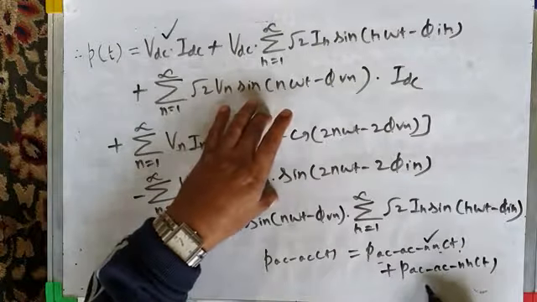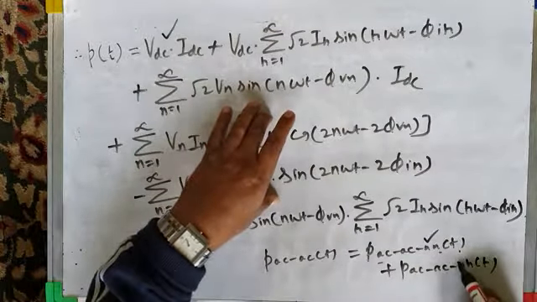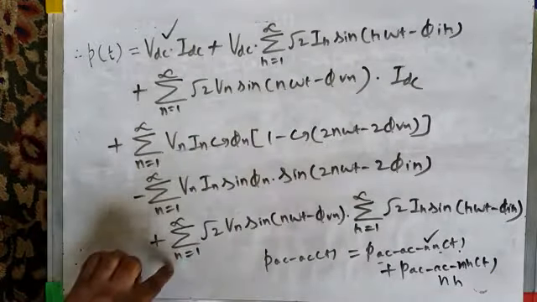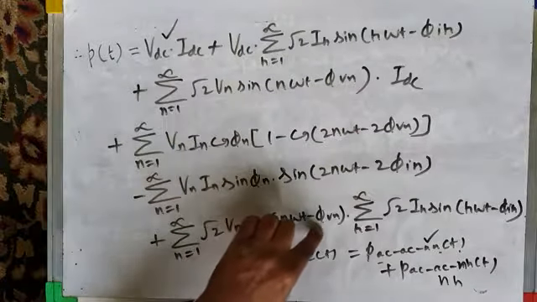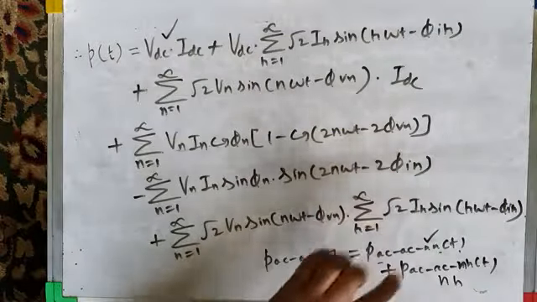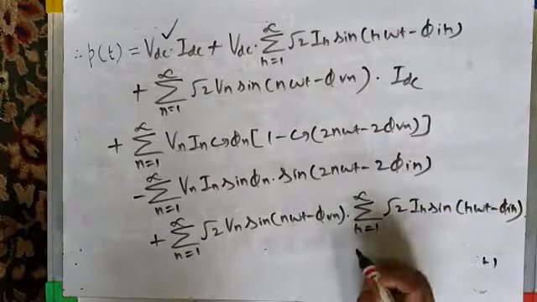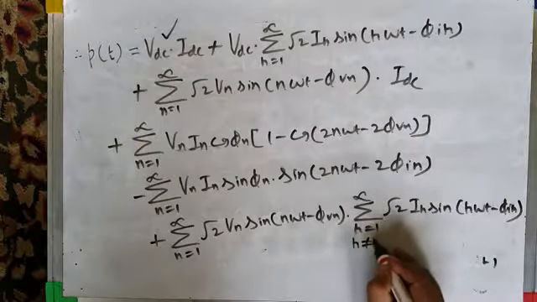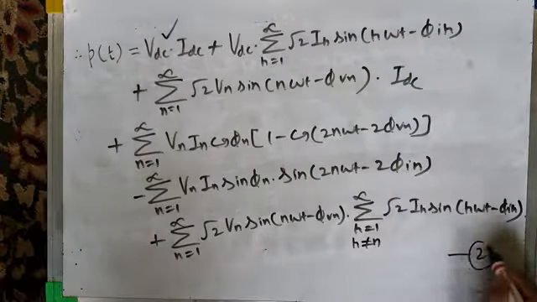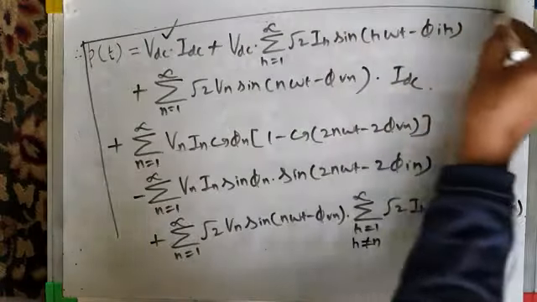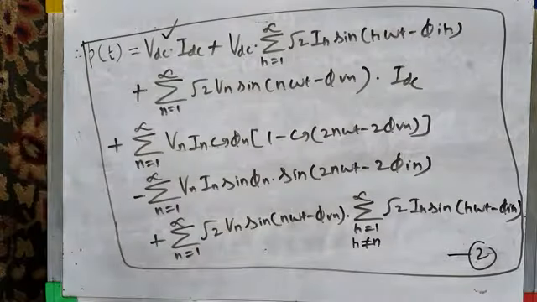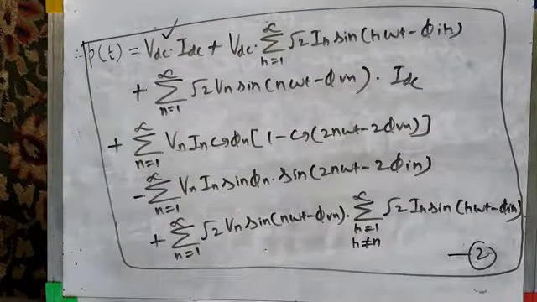And what about the power term which is because of interaction of dissimilar frequency components n and h? That is this. Voltage is given by this, n equal to 1 to infinity root 2 Vn sin(n omega t minus phi Vn), and current is given by this, h equal to 1 to infinity root 2 Ih sin(h omega t minus phi h), and here I should add one more thing, h not equal to n. So these are the different power terms, and this is the final equation of your power. It's a big equation. If you write a MATLAB program and plot it, you'll get the plot of instantaneous power in such a circuit.